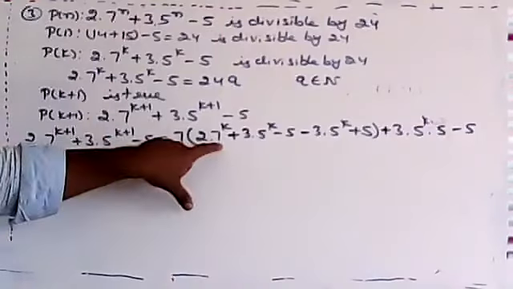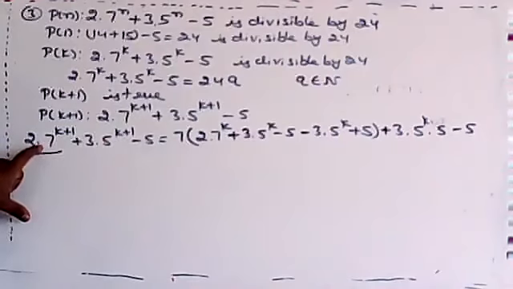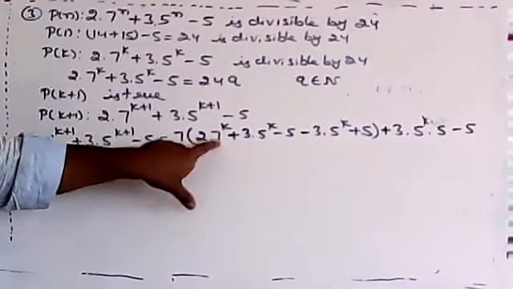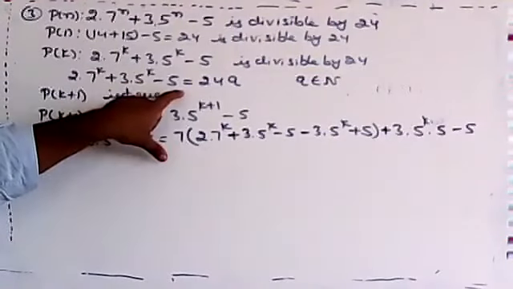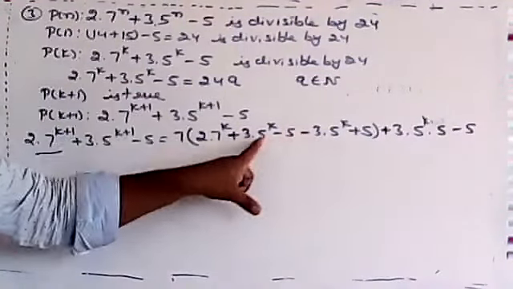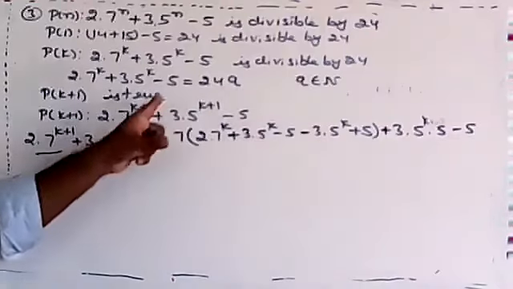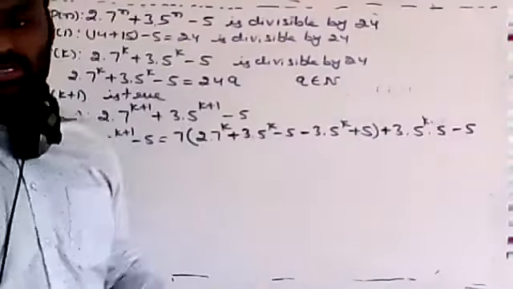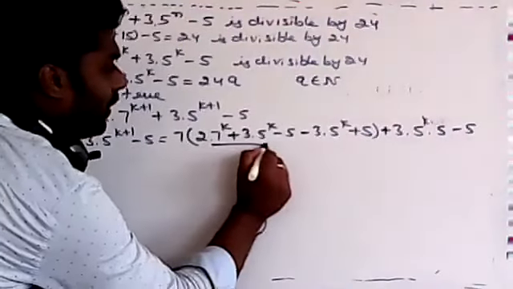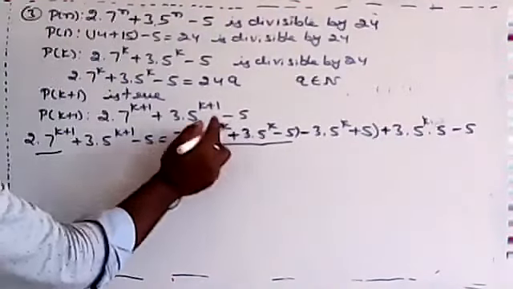Clear this one step? As for the 24Q, we have taken, no? So like this we have to balance. So in the 7 to the power of K plus 1, we took 7 outside. Remaining is 2 into 7 to the power of K. So to get 24Q, we want what? 3 into 5 to the power of K minus 5, no? So add and subtract that one, same thing. Clear? Clear this one? Then the last term remaining is what? 3 into 5 to the power of K plus 1 as 5 to the power of K into 5 minus 5. So this term is there, no? This one portion we are writing as what? 7 into, this one is nothing but what?